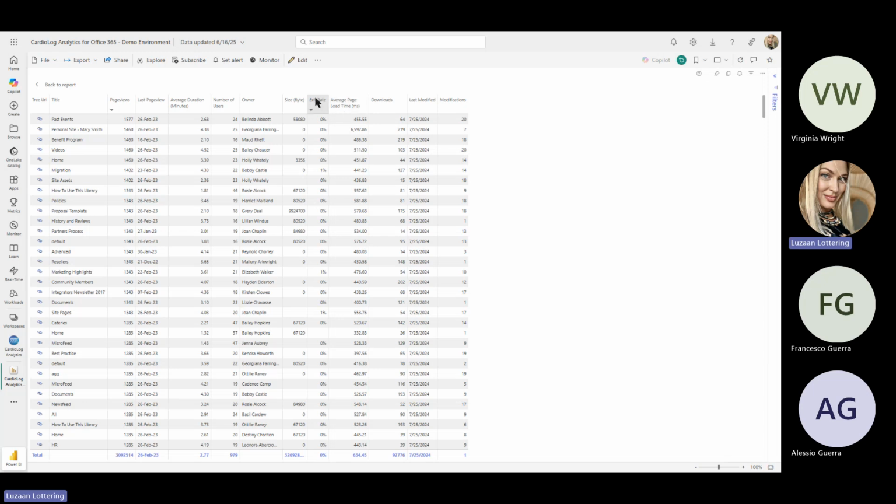We can see even more information here, like everything from who owns the content to the size of the content, and those will also help you to take action. With really large content, for example, the admin can find out who owns this and contact the person who's the owner of the content and maybe tell that owner that they have, for example, 30 days or 60 days to get rid of it or take action to improve it, or I will delete this content. If I go back to the report,